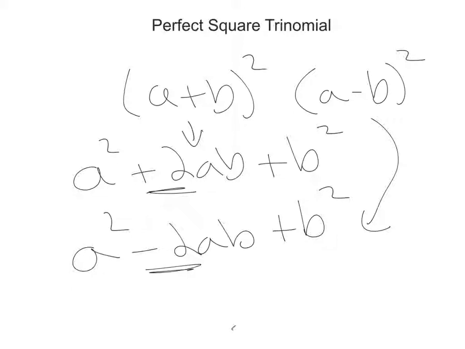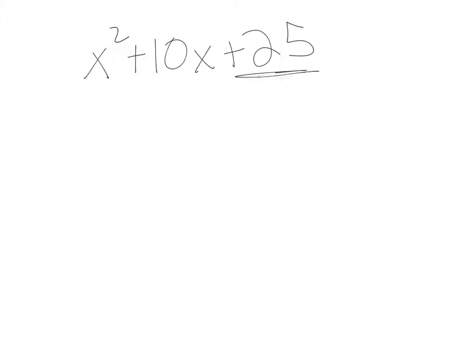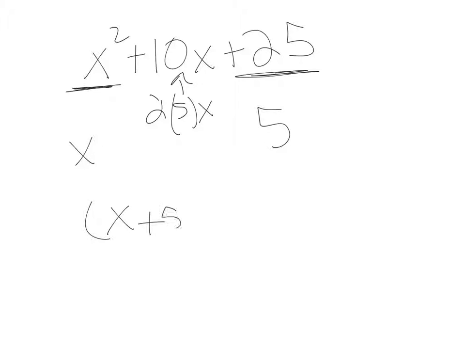For example, let's look at x squared plus 10x plus 25. We notice a couple of things. We notice that this here is a perfect square. We notice that this is a perfect square of x and 5. We also notice that 2 times 5 times x makes up this middle term. So that's how we know this is a perfect square trinomial, and we can factor it to x plus 5 times x plus 5